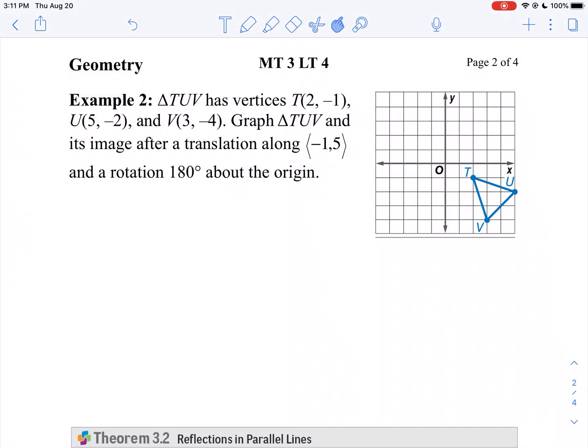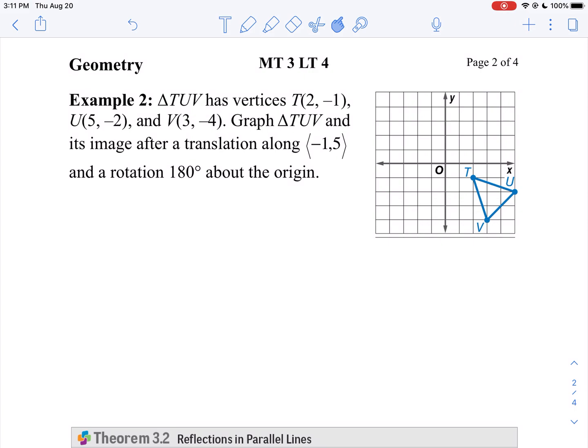In the second part of the seminar, we're going to look at some compositions that are not glide reflections. Here we have an example. It says triangle TUV has these vertices. We're going to graph triangle TUV and its image after a translation along (-1, 5) and then a rotation of